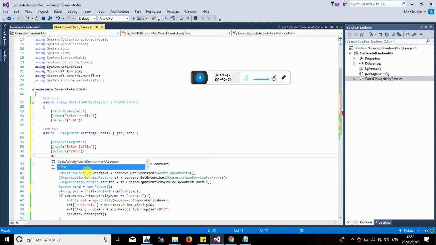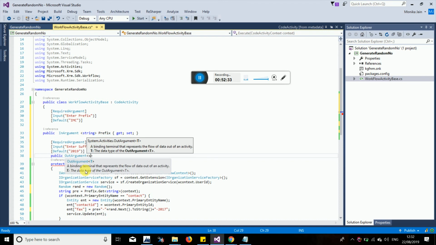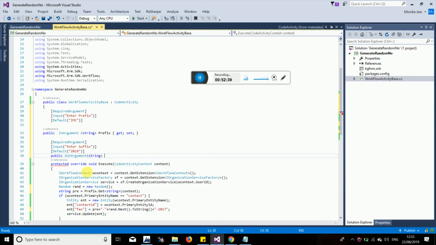Okay, then it should also be public in argument, and then after this is string, this is also a string, then it is suffix, and then after get and set. Okay,